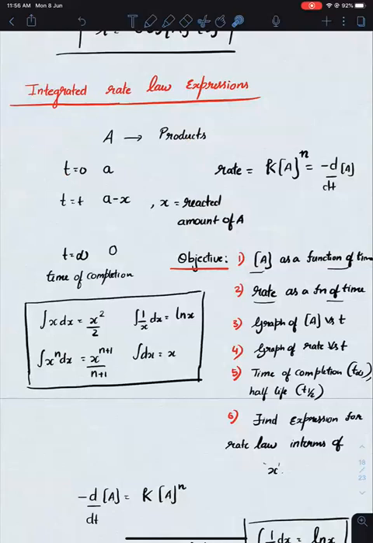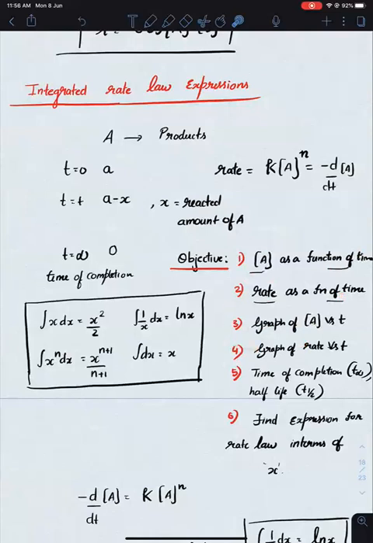In these expressions, our aim is how the concentration of A is changing with respect to time for different orders of the reaction. Zero order के लिए concentration of A कैसे vary हो रहा है with respect to time. First order के लिए कैसे vary होगा. Second order के लिए कैसे vary होगा. After that, we will see the variation of rate with respect to time. और जो speed है, how is it changing with respect to time? Once we know the variation of A with respect to time, we can plot the graph of it. And if we know the variation of rate with respect to time, उसका भी graph plot कर सकते हैं.